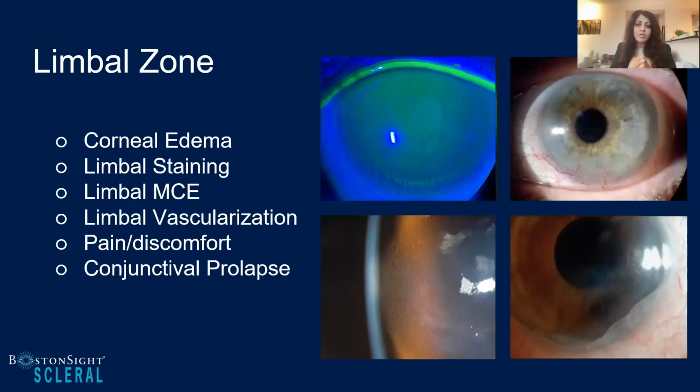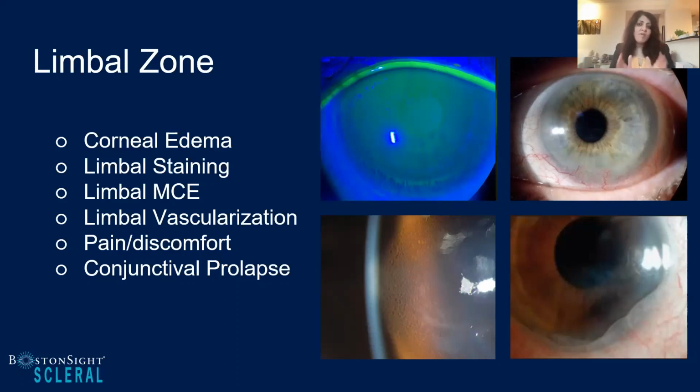and negative pressure can create edema. It can create neovascularization at the limbus there, like you're seeing in that photo. It can also cause that conj to come underneath the lens and be pulled up underneath the lens. That's what we call conj prolapse. Whenever you see these things, you have to be thinking about the limbus, and our strategy here is to make sure you reduce the amount of limbal clearance that you have, again, aiming for that 50 to 60 microns and making sure you're not touching it at all, because that's the area where all the stem cells are, and you don't want to make any damage to that region there.